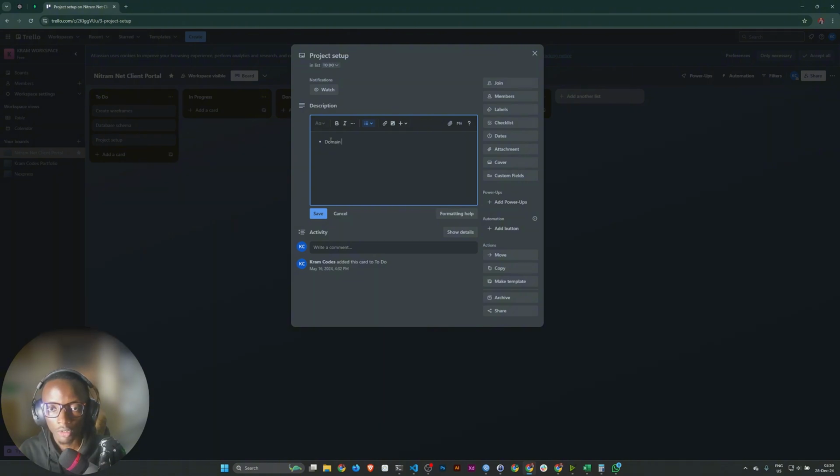So that's the main Vercel setup, the main provision.